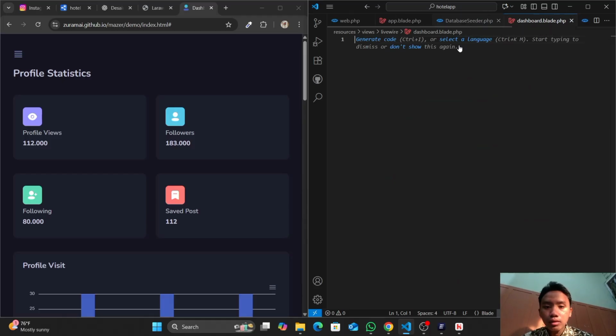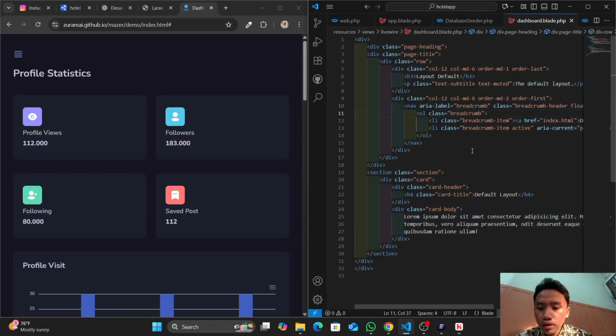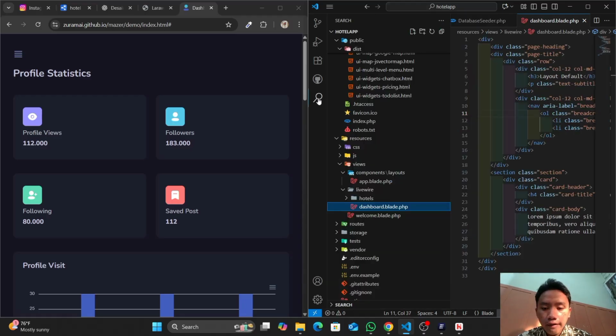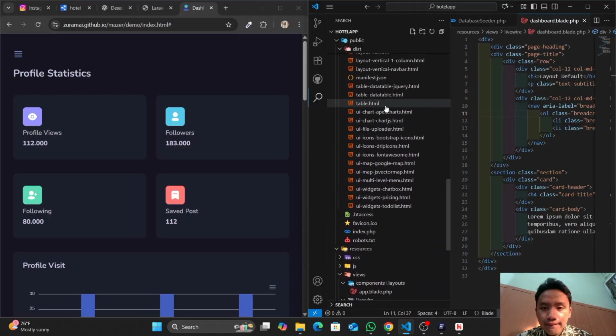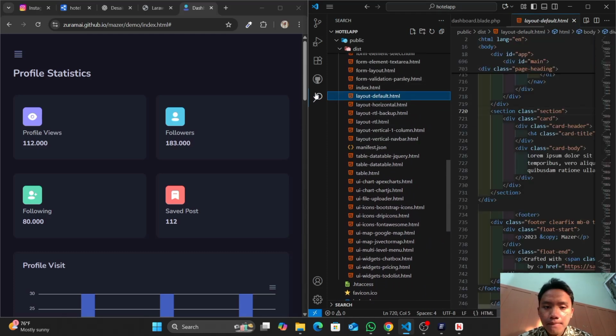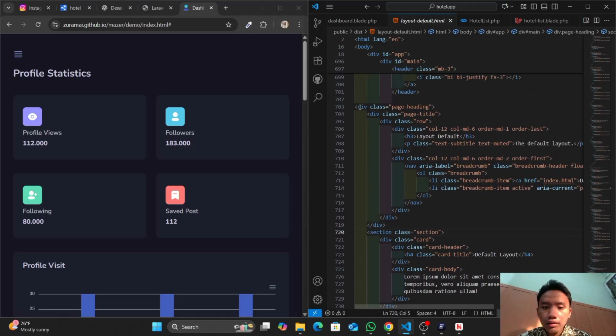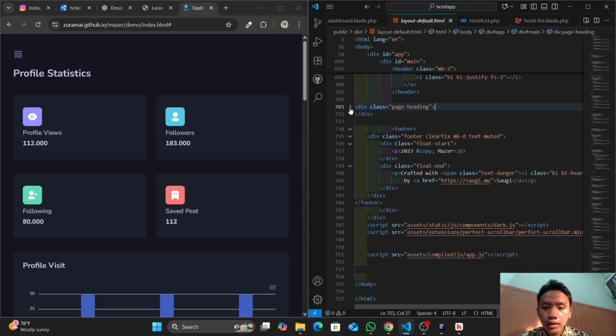Now we close the template page, and we paste it in this dashboard. Okay, and this is the main content from the page heading until the close of section. All right.